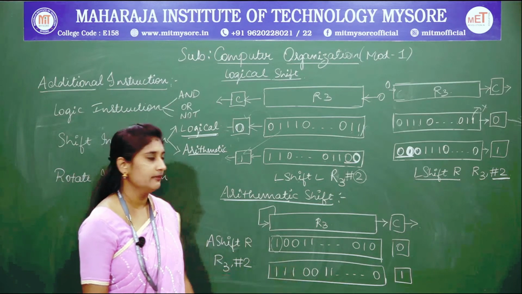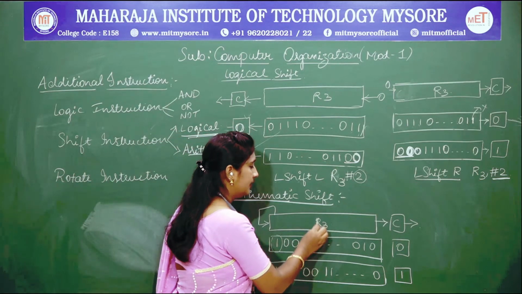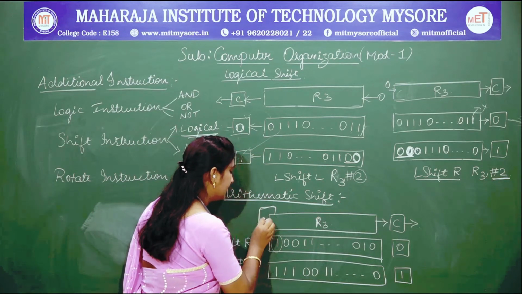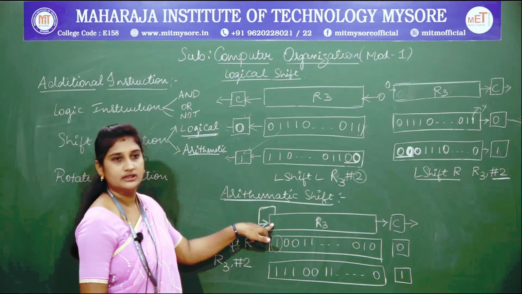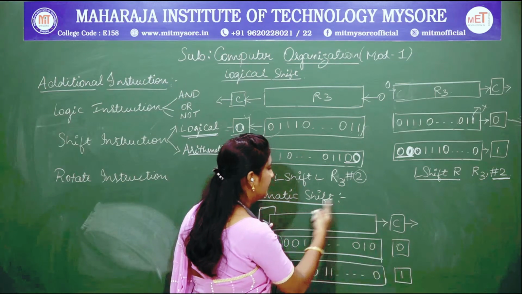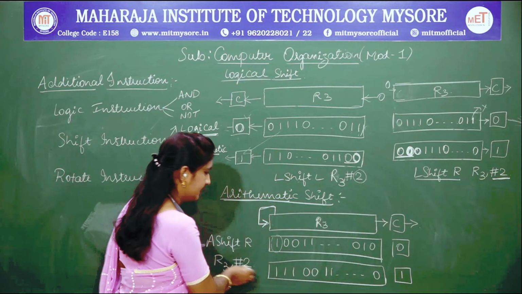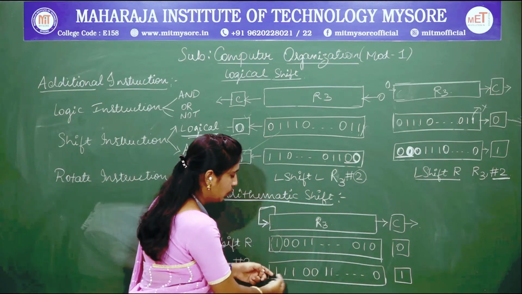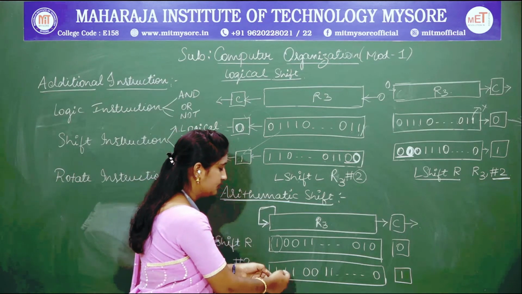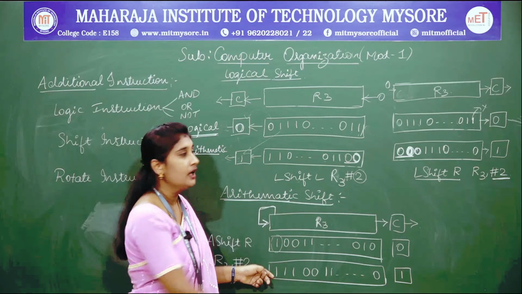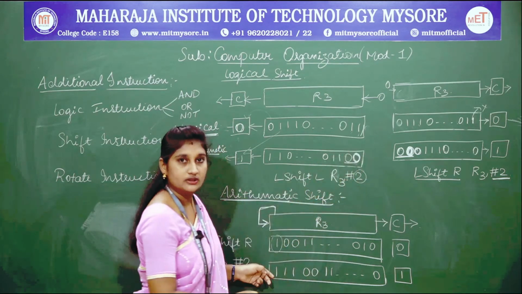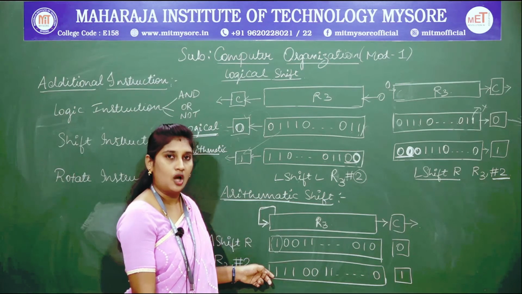So now let us look at a simple example. The general format is R3 and the carry out flag. Here I have represented the arrow pointing towards the right, isn't it? After shifting my bits towards the right, in this example I will be shifting 2 bits towards the right. So I will get 2 empty bits at my leftmost position. In the logical shift, the empty bits left vacant I would fill up with zeros, isn't it? That is what you carry out in a logical shift.